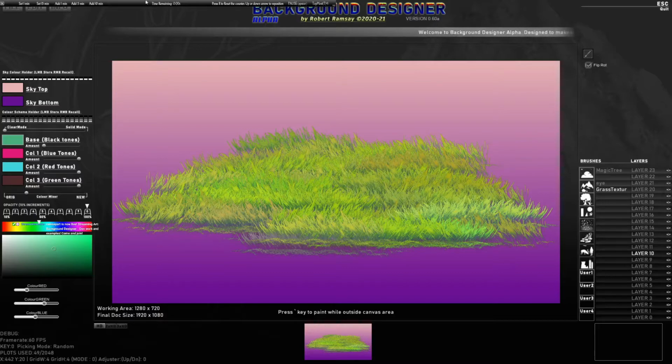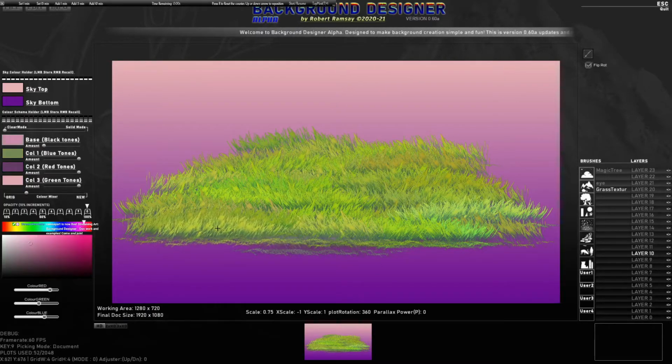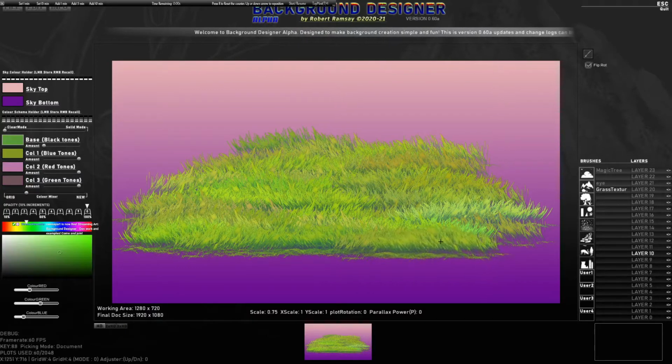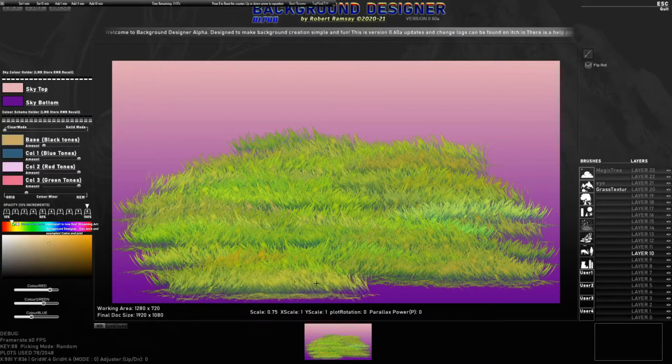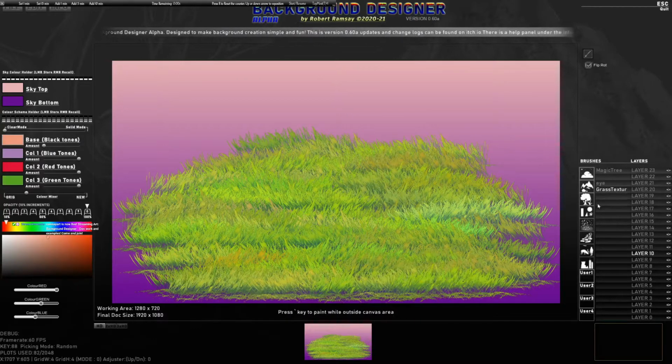Now you can click. Now you press space bar to stop it. It's supposed to stop when you click as well, but I might have to update that again. It seems to be non-responsive, but there you go. You can lay loads of grass down for your background designer, and there's some trees in here, some nice trees